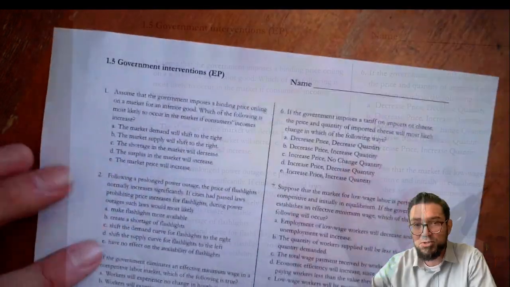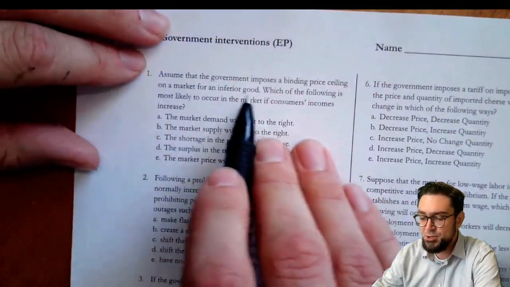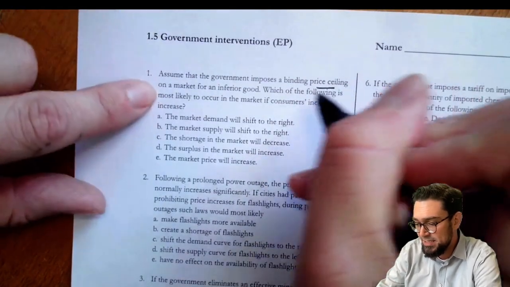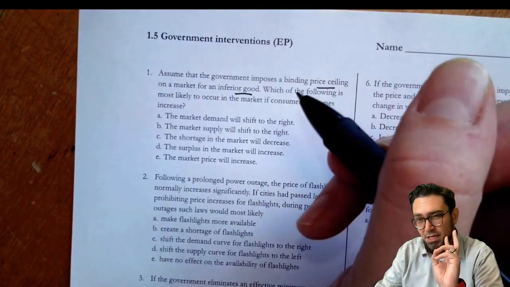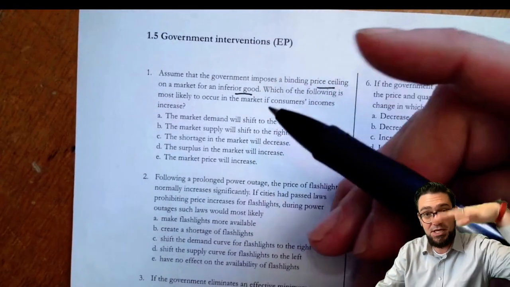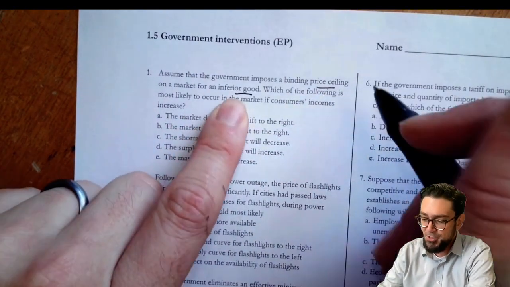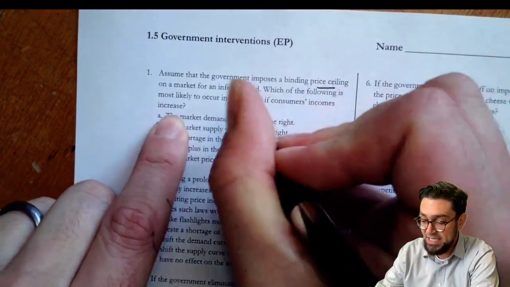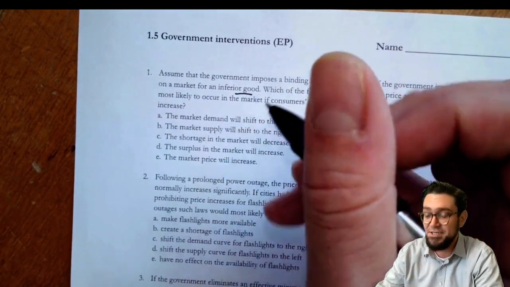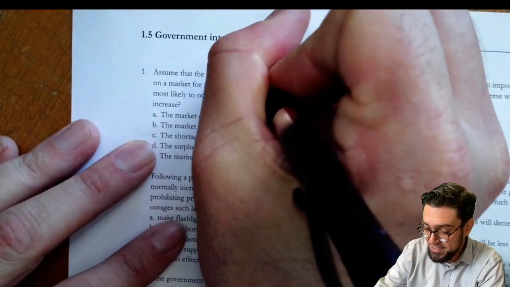All right, let's take a look at these multiple choice questions. The first question says, assume the government puts a binding price ceiling on an inferior good. There's a couple of things happening here. The first is obviously they're keeping the price low, but this next part is going to matter when it says consumers' incomes increase. If consumers' incomes increase and it's inferior, that's telling us that demand is going to decrease